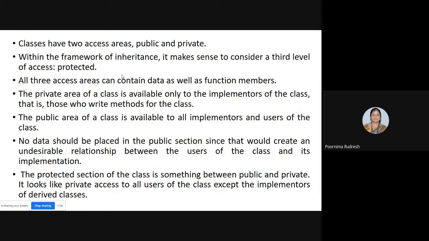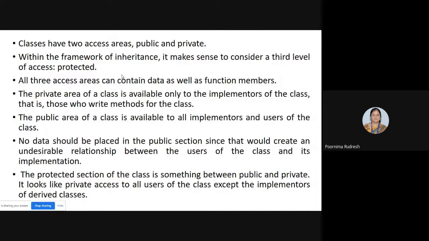One is public, second is private, and third is protected. All three areas contain the data as well as the function members. Then what is the difference when we declare it as public, private or protected?